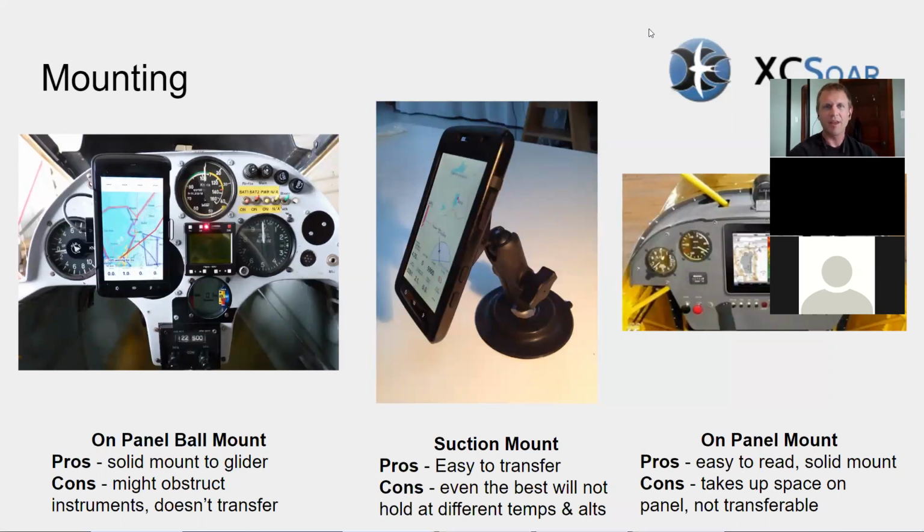Okay, nothing for this. And it's the basic ways that XCSoar can be mounted. I understand at SOSA there are ball mounts on some of the gliders as well, which I believe are RAM mounts. So that's kind of a nice feature compared to a suction mount, which is one that I use quite often if I'm in other gliders. Suction mounts aren't quite as solid. There's a good quality RAM suction mount that works quite well, and in my experience,